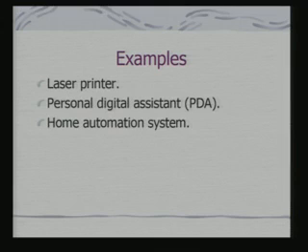There are other examples like laser printers, personal digital assistants, home automation systems; the refrigerator is an example of that. So, you can have your geyser connected via internet, you can have your microwave connected via internet, and you can control everything before you reach home. You can set the temperature on the geyser while you are driving. So, that is the basic model that is being talked about in this context.